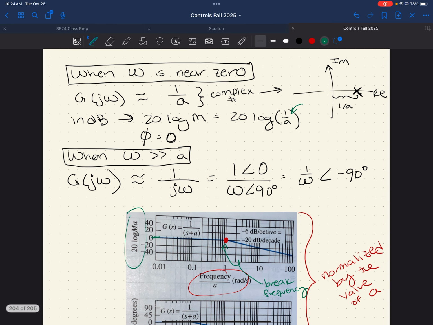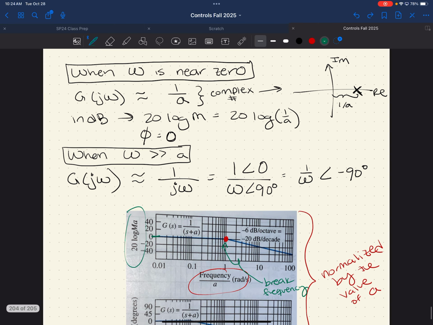So this is a value, it looks like this is at 0, but it's actually at a value of 1, so it's just above 0. So 1 correlates with the 20 log MA. Okay, so low frequency response, high frequency response,